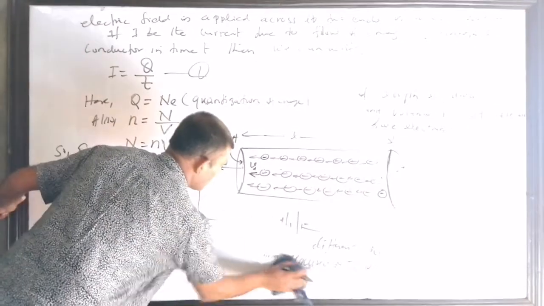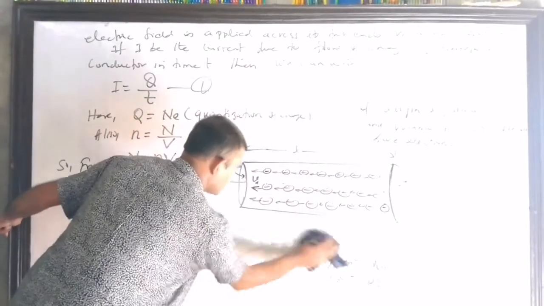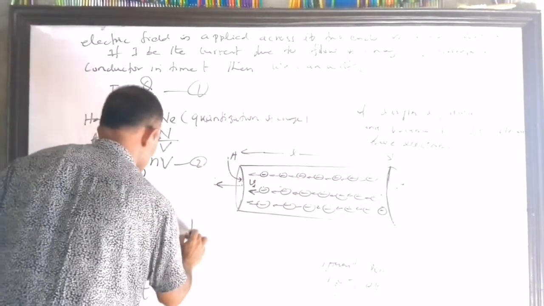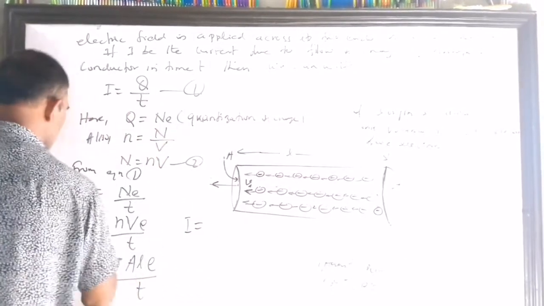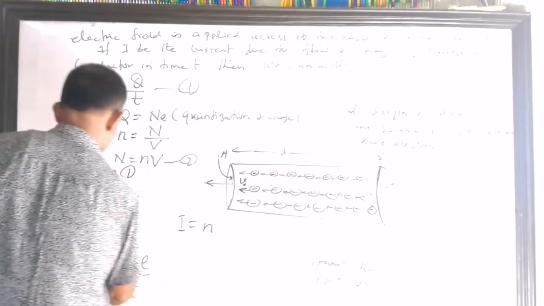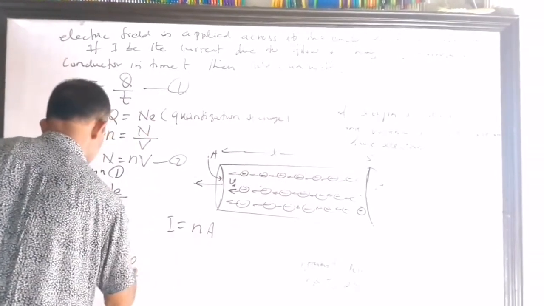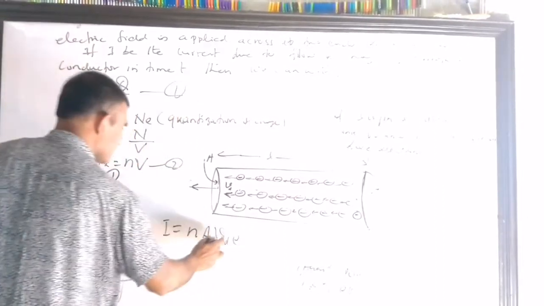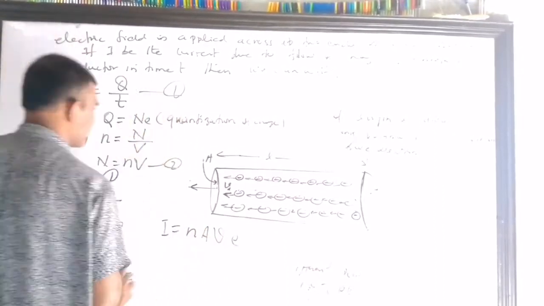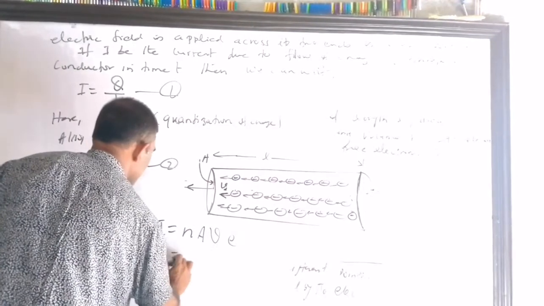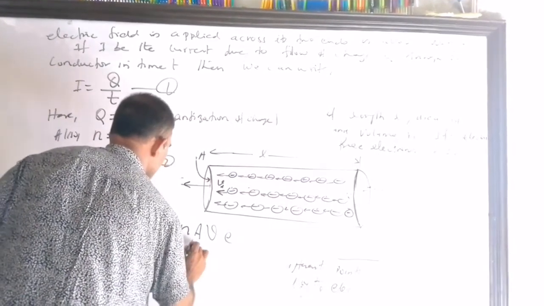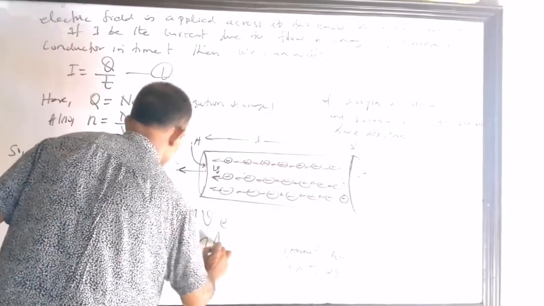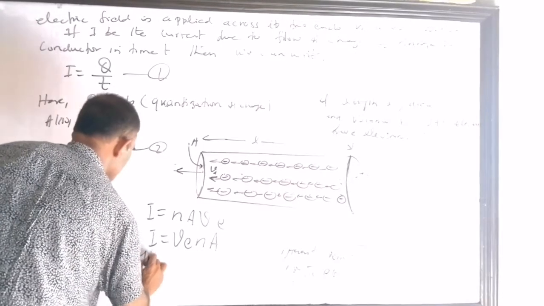I am telling it a little bit faster. I hope you all are intelligent, that's why. There is no other reason to make it fast. Okay, so this is n, this is A, and this is l upon t. I told you this is the drift velocity, Vd, so l upon t is Vd. I rearrange the terms, so I get I equals small n, e, A, Vd.